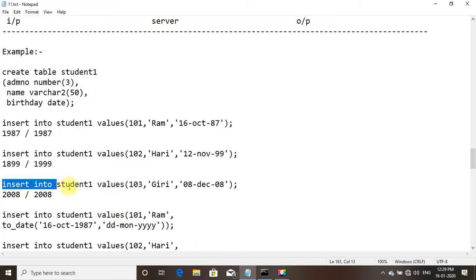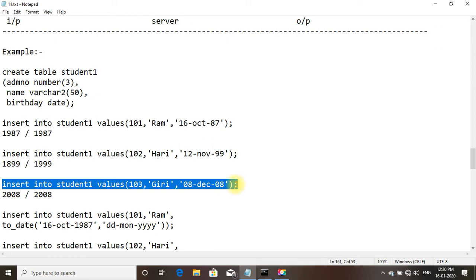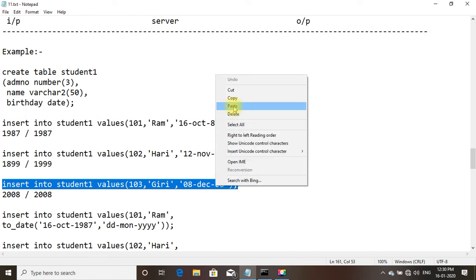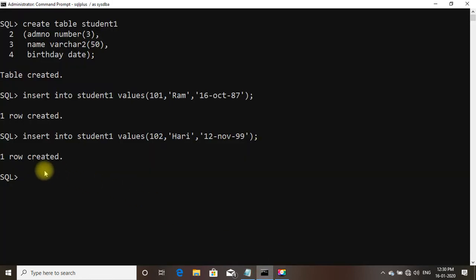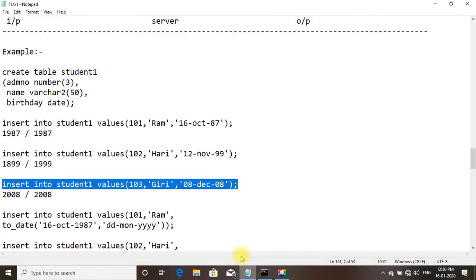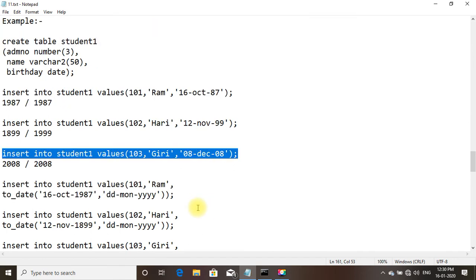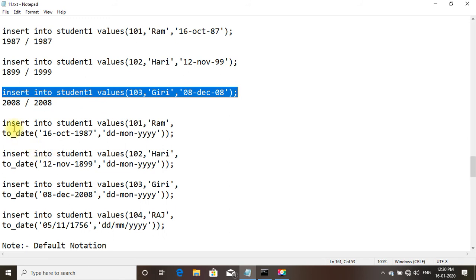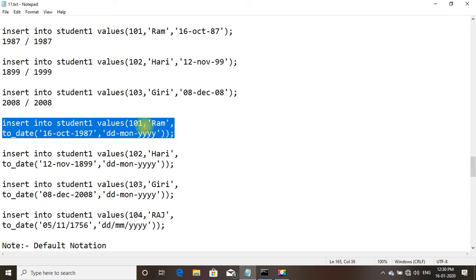Now we shall come to the third row. After that we shall insert another value.